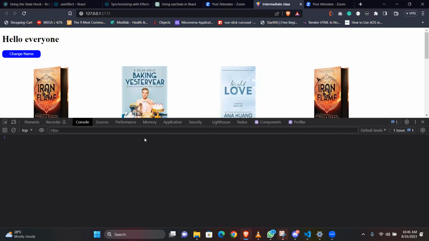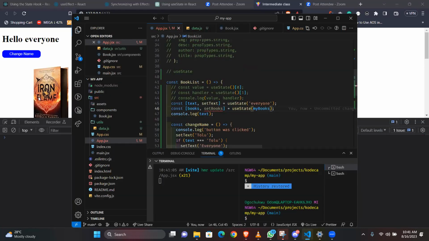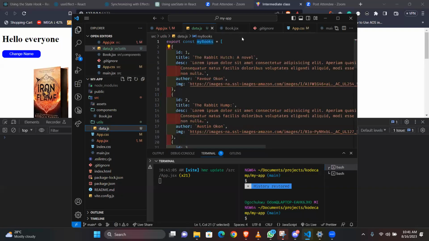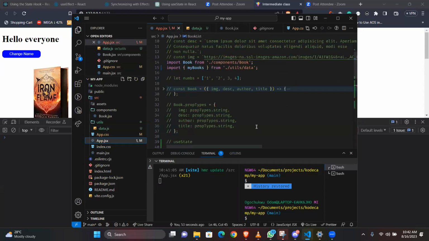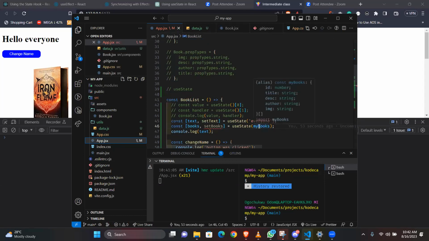So I took the books and put it inside a utils folder because this is external data that I'm using on my page. I don't want a whole lot of things in my app, so that's why I'm separating concerns. This is coming from somewhere, and I am exporting it. I'm able to import it here and use it inside my state. Now, if I change this into an empty array,